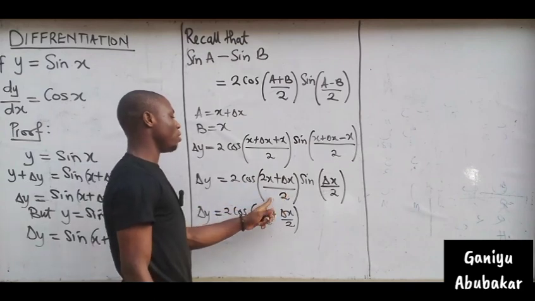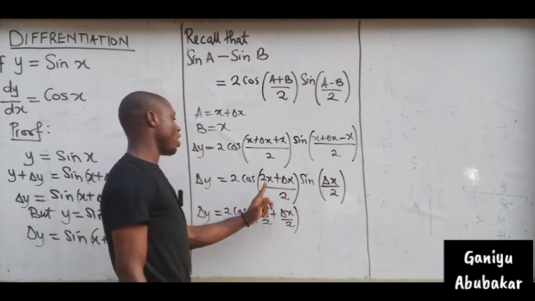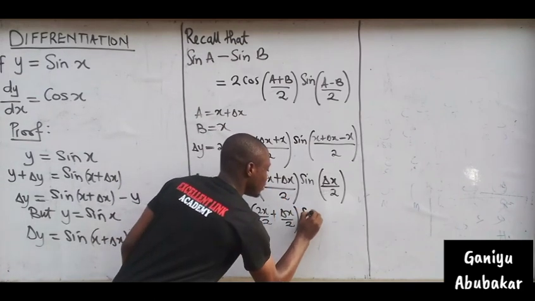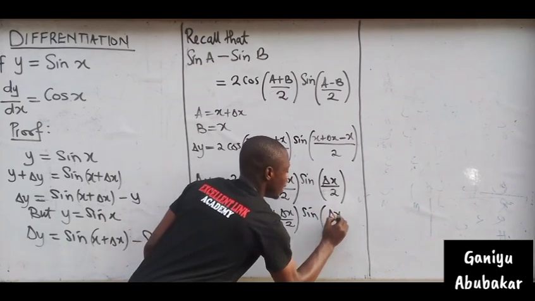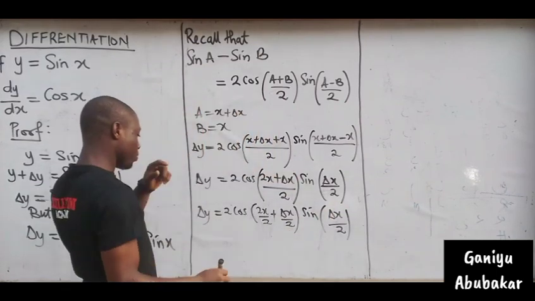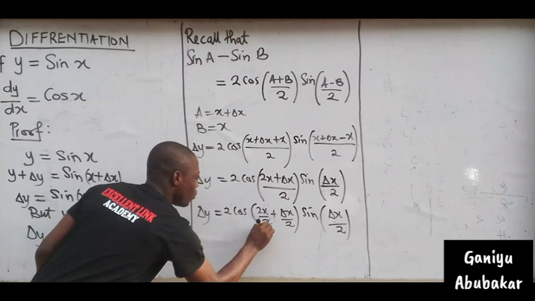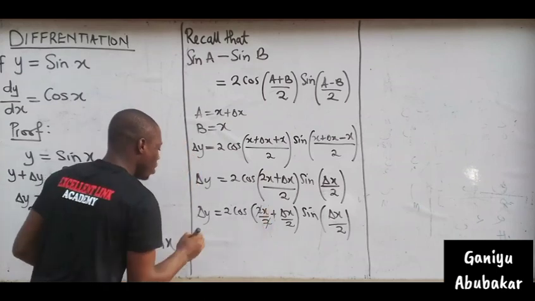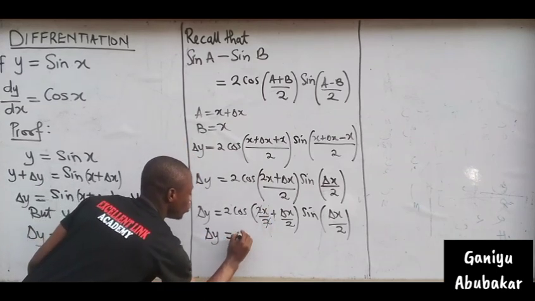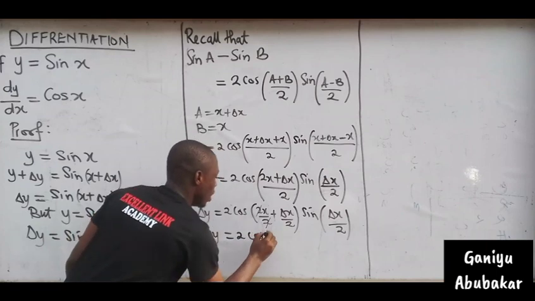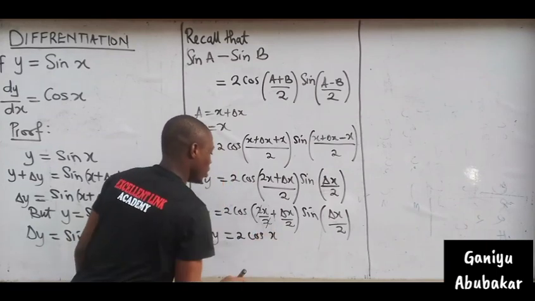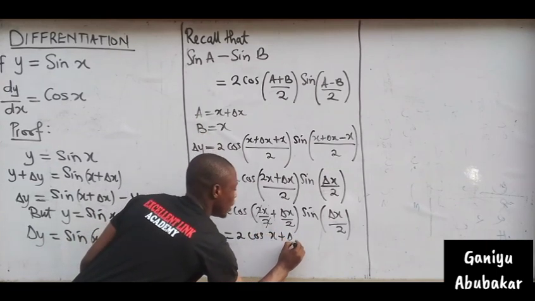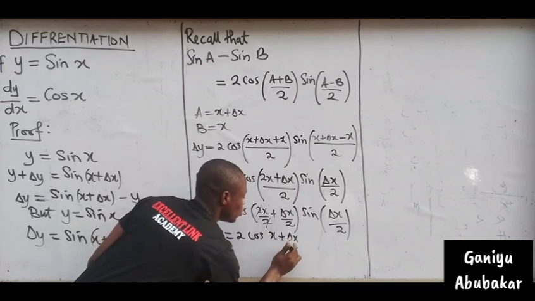From the fraction law, if I add this together, I will have this back. Then sine of change in x over 2. Of course, this one will cut out this. And remember, change in y is equal to 2 cos x plus change in x over 2